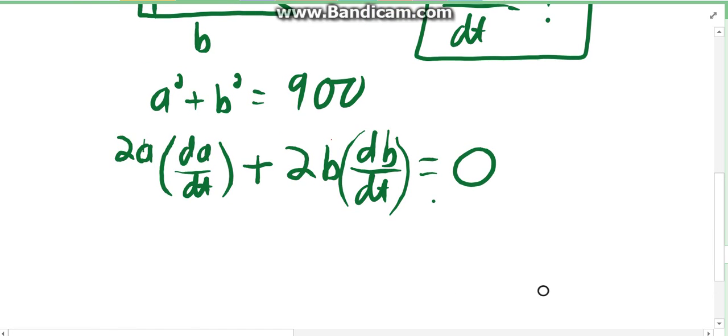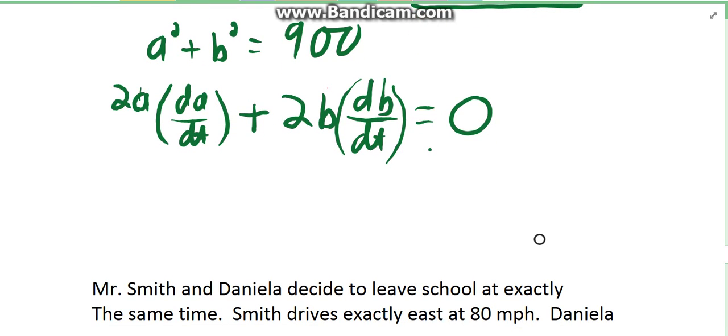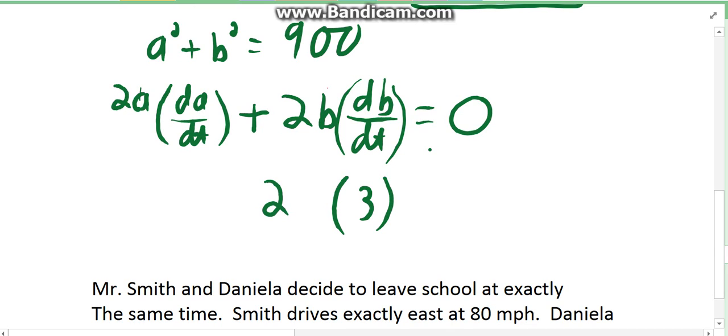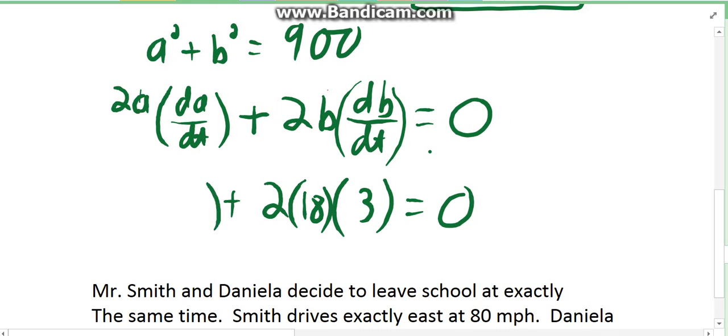All right. So, again, our main goal here is to find dA/dt. We've got 3 other variables up there. We have A, we have B, we have dB/dt. Which of those do we know right now? We know dB/dt is 3. We're going to plug that in. What else do we know? We know B is 18. Okay, that equals 0. There's a big plus right here. We don't know dA/dt, and we're not supposed to know dA/dt right now. That's what we want to know. So we're not going to be able to plug that in. The only variable left that we don't know